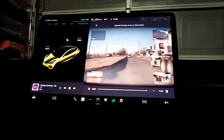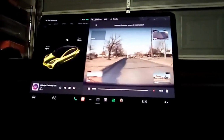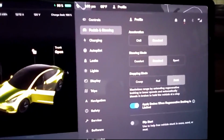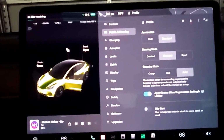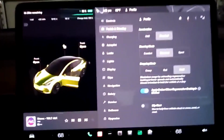One useful thing is you do have the ability to go back and look at historical video footage. So when I was driving the car and I could not adjust the braking, it lets me adjust the acceleration and steering mode when I'm driving, but I was not